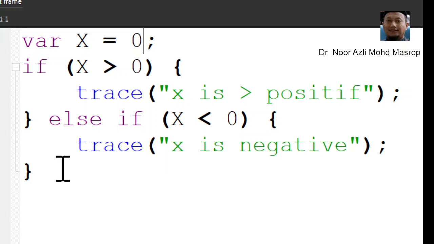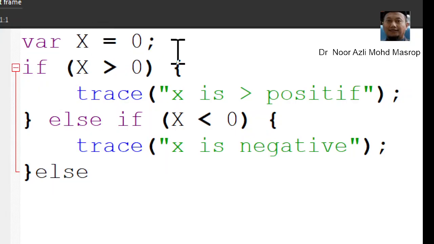So we can add more here. If not less than 0 or bigger than 0, so what happens?